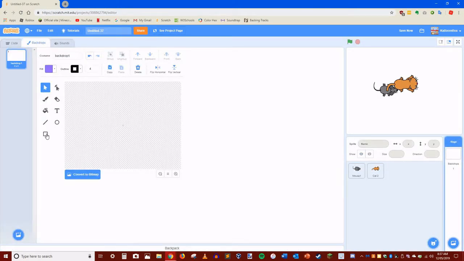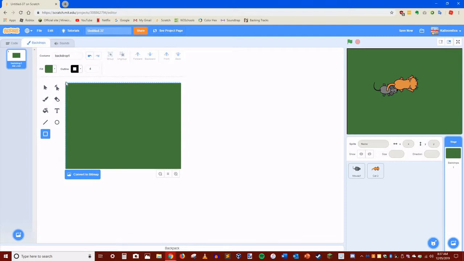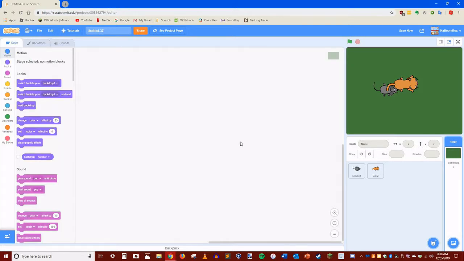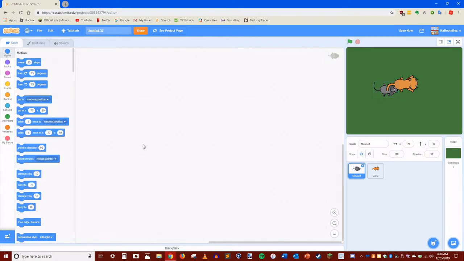Go to your backdrops just to make it look a bit better. Change the color to like some grass or whatever you want. I'm going to say around here. It's better if you just do that and then get it to the right angle, like that, and that should be your grass. Now go to your mouse,